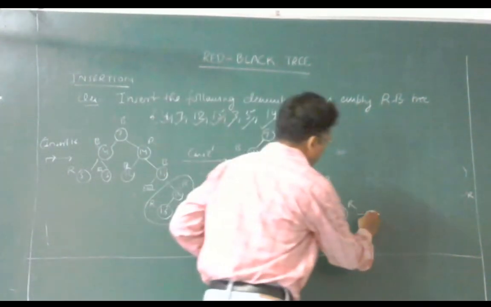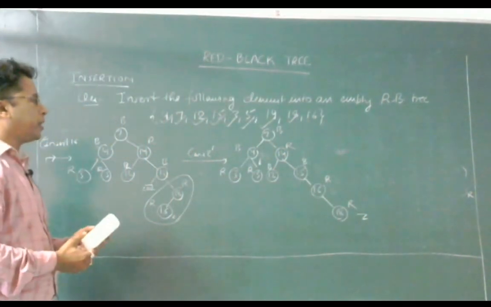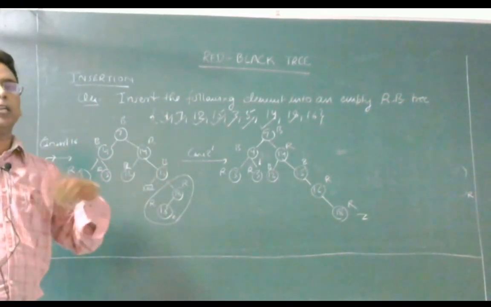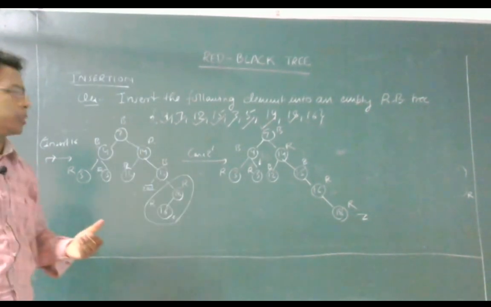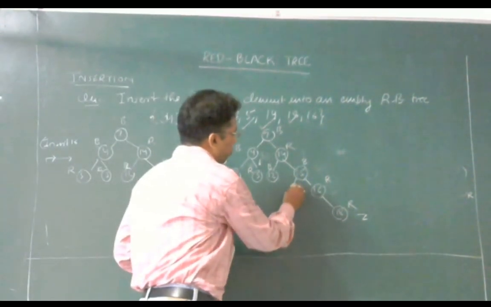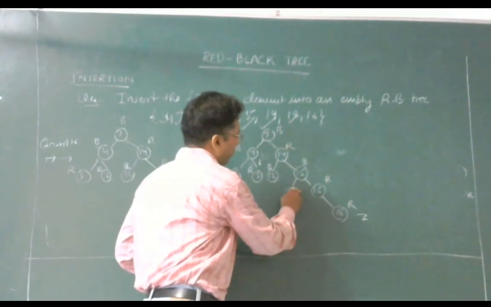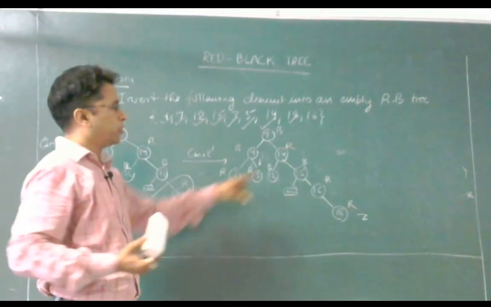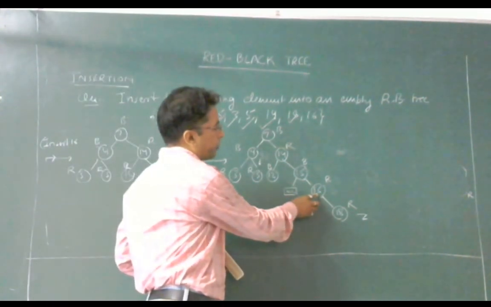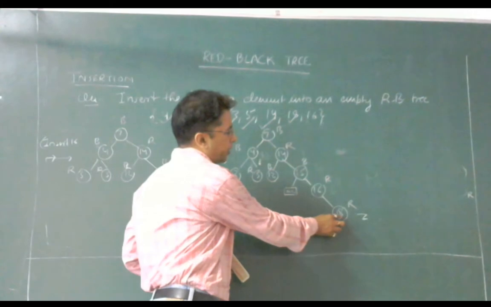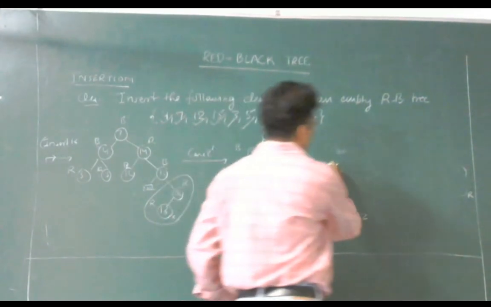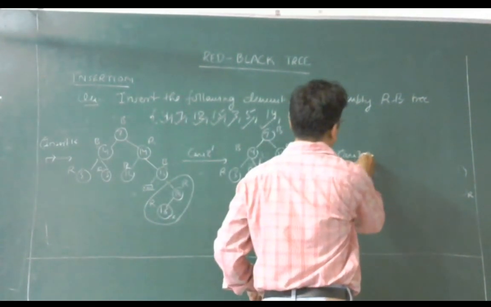The parent node was 18, so Z will shift to this case. Here I have told you that whenever case 2 or case 2 dash occurs, we shall definitely move to the case 3 or 3 dash respectively. So here now the situation is very much same. We can consider this node of having a left child of black color, nil node, and here the parent is the right child of grandparent, and the newly inserted node Z is the right child. So this will be the case of case 3 dash.